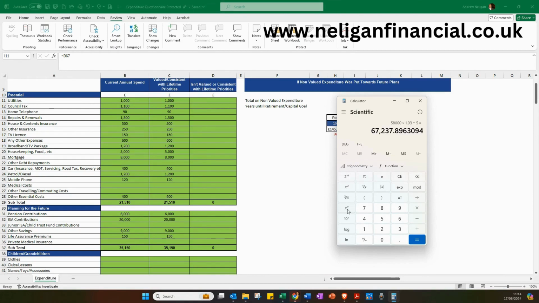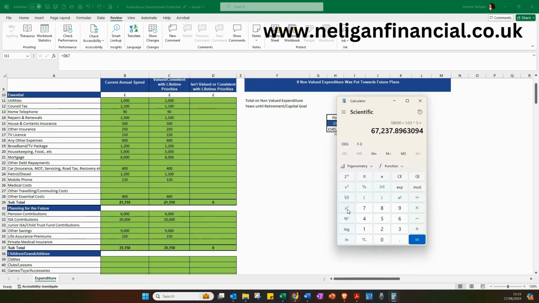You might be fortunate enough to have the final salary, defined benefit pension payable to you in retirement, whether that be from 60, 65, 66, 67, depends on the scheme. But you'll be able to take that annual figure off your income need as well. So depending on what your financial situation is and sources of income in retirement, you'll be able to cover a lot of that lifestyle need through income sources.